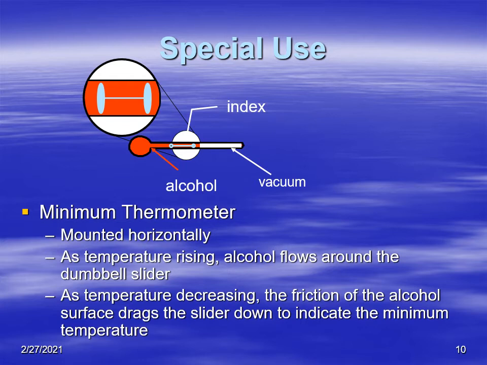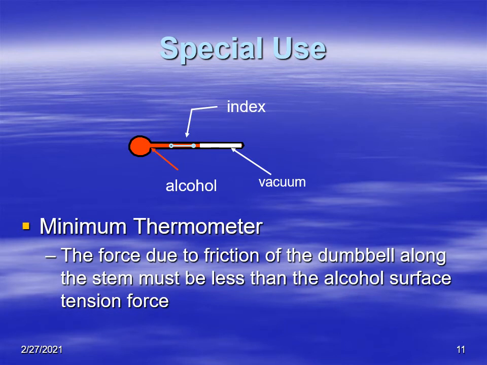And then on the way back up, when the temperature starts to rise, the slider has some friction in it and does not allow the dumbbell to move upwards with the alcohol. And the friction keeps the little index down in the bottom of the stem,